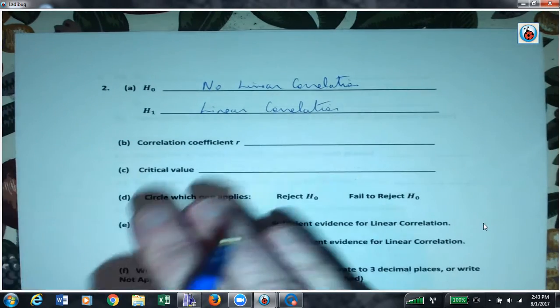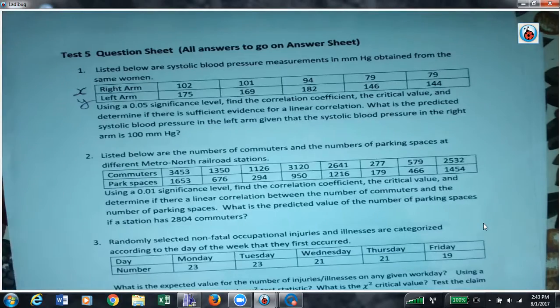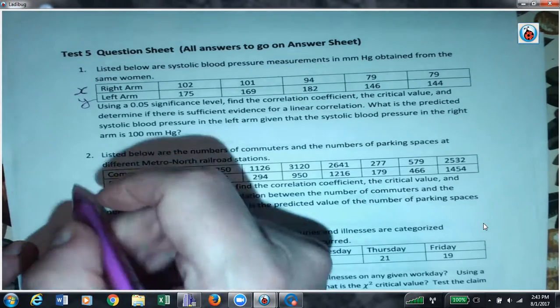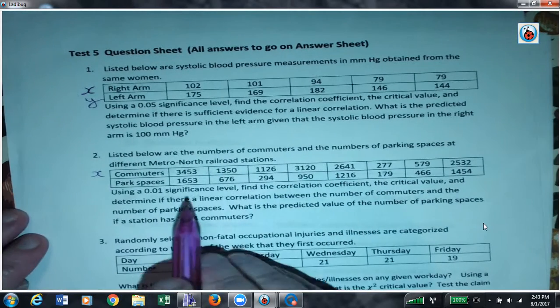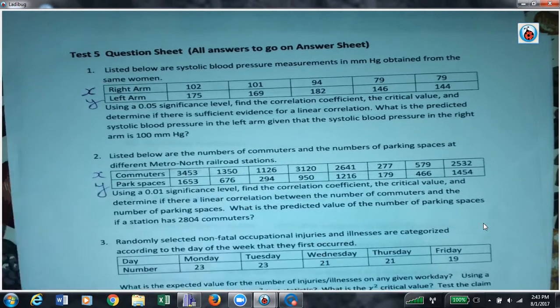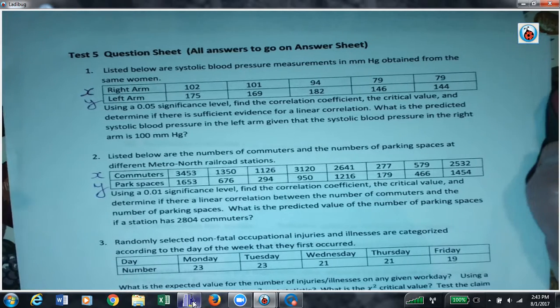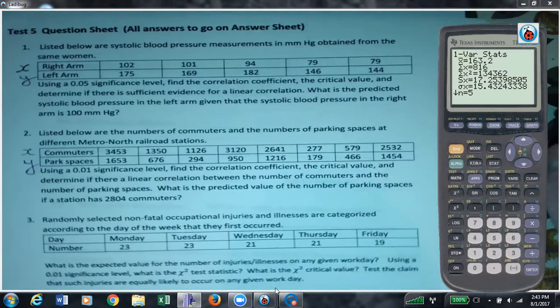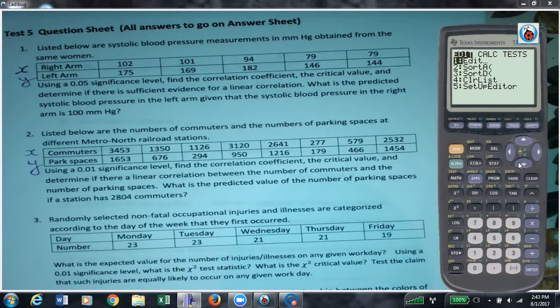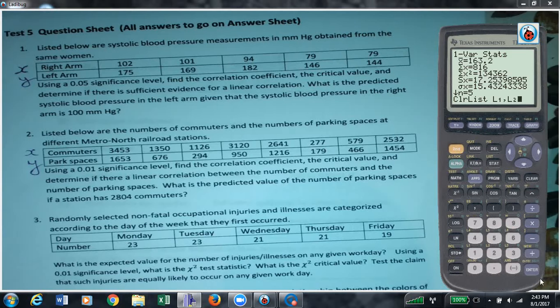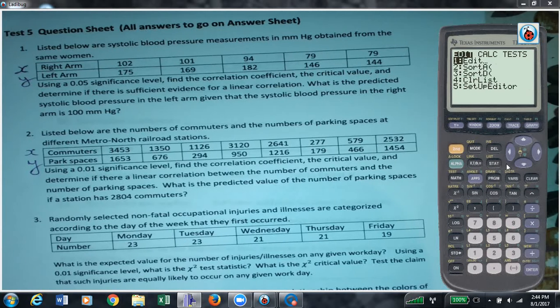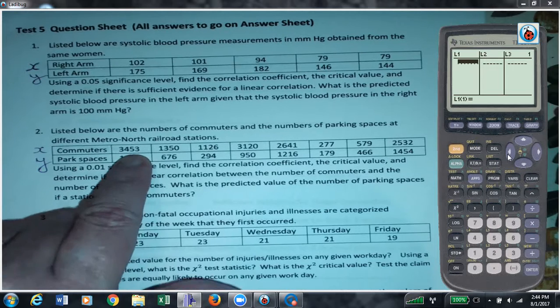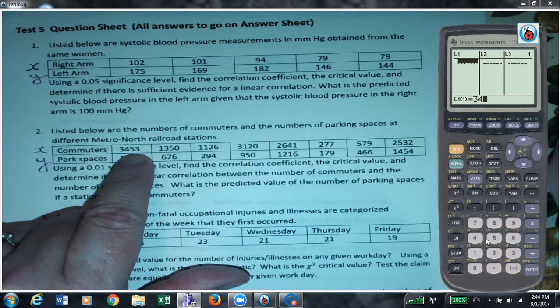To get the correlation coefficient, again, I'm going to have to put the first row, which is my X values, into a list, and the second row, which is my Y values, into a list. So to do that, I've got to clear out my old list 1 and list 2. And then I'm going to get into the editor, and in list 1, I'm going to have 3, 4, 5,